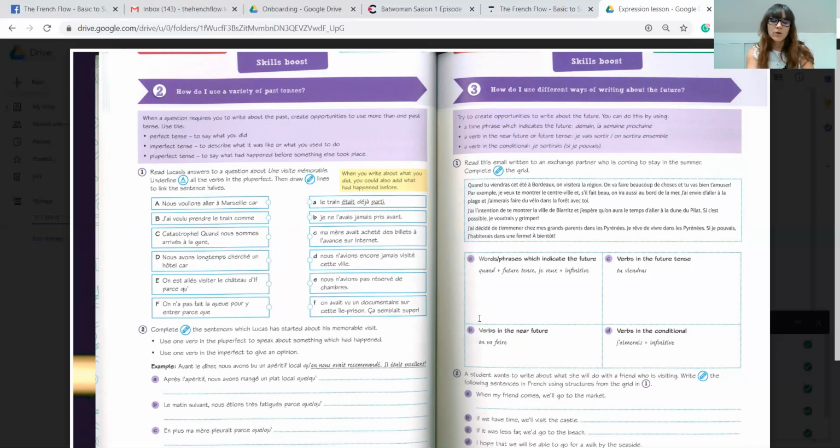imperfect. You know, it's like you're still talking about the past, but you'll be using a different type of past according to the situation. That is really what is going to make a difference. What is going to make a difference with the rest, because you're not just using the passé composé, you're using different tenses. And then